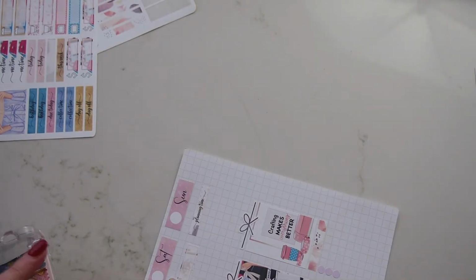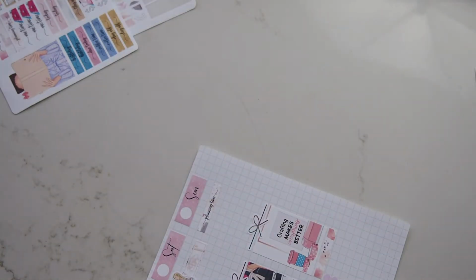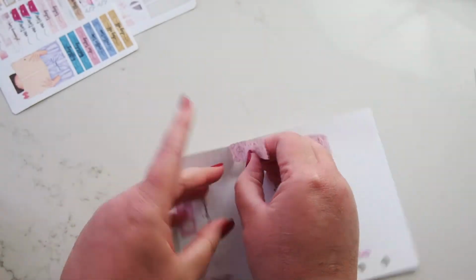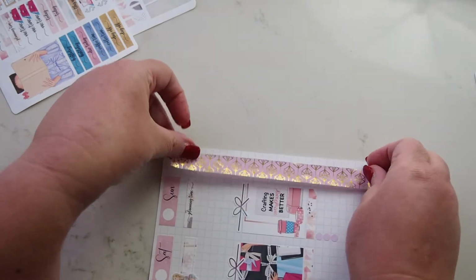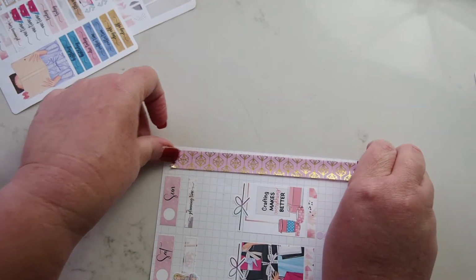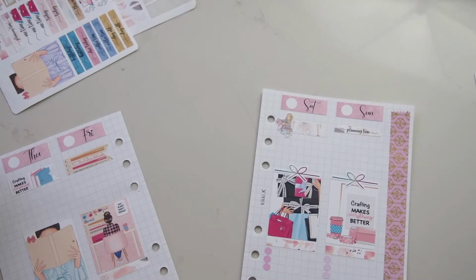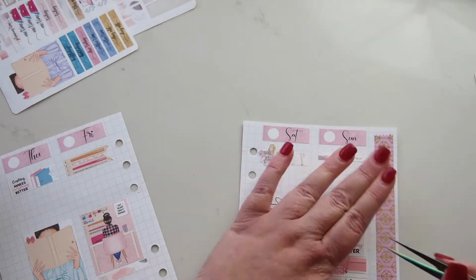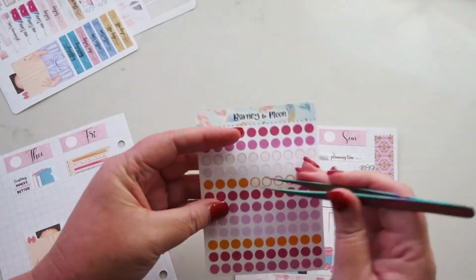So I'm going to put that just down the side here. I'm not going to be too fussy about getting the length just perfect or anything. So let's see. This is from Hobby Hoppers. Okay, so I have made it a good length. Oh, that's cute. I think that's cute. And I'll put her just there. And then I want to give myself another couple of these. And I'll use the...